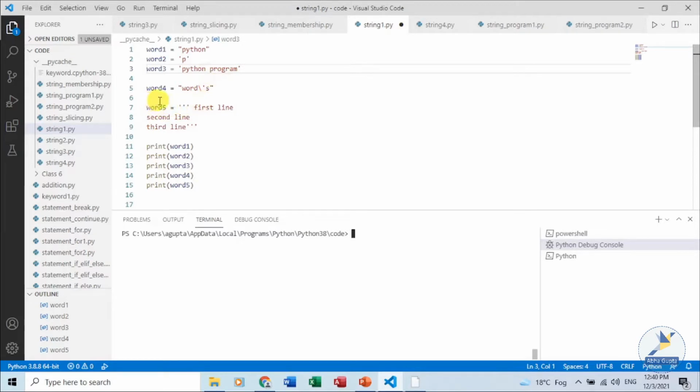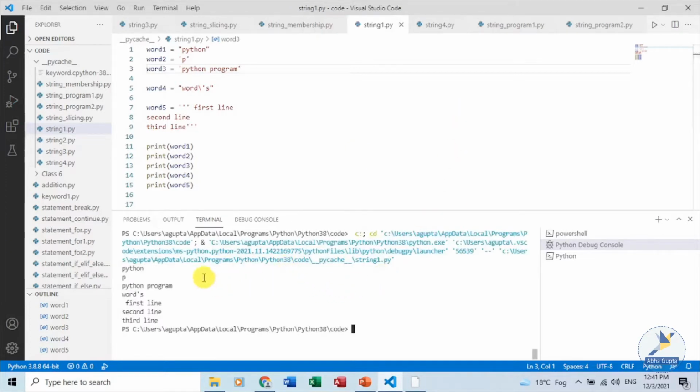For variable 4, we have assigned the word words and we have put a backslash in front of the single quotes. Multi-line strings are enclosed in triple quotes, like for the variable word 5. Let us execute this program. You can see the result.